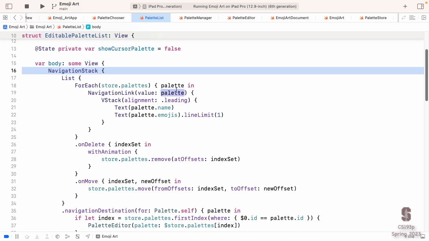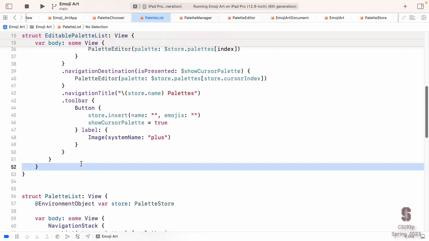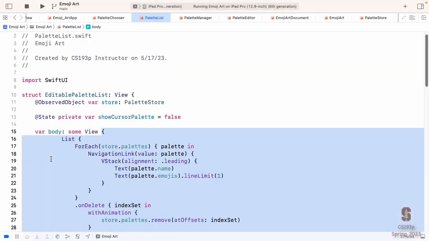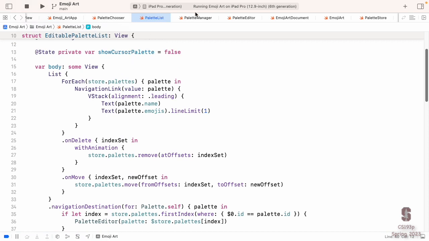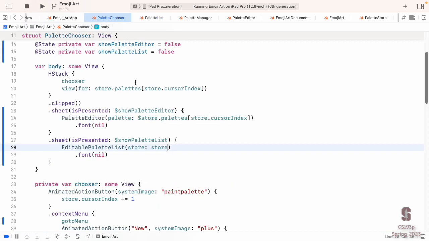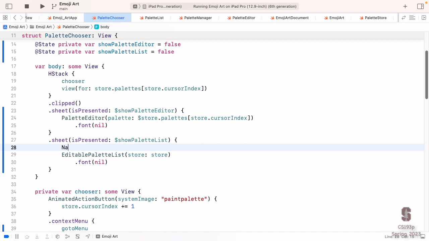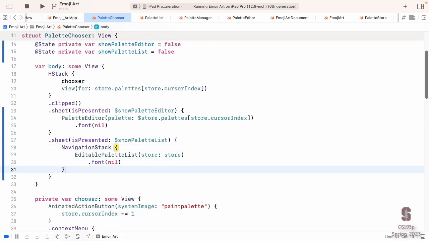So I'm going to remove the navigation stack here at this level, just take it completely out of here, which, by the way, if I remove this navigation stack here back in my palette chooser, I'm going to have to put it back here. Otherwise, this one's not going to work because none of its navigation works if it's not in a navigation stack.